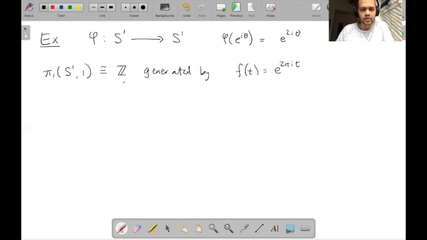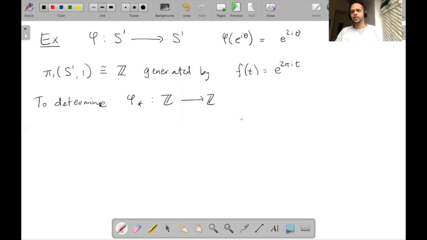This is the loop that corresponds to generator 1, if you think about what we said. So to determine phi star, the induced map,